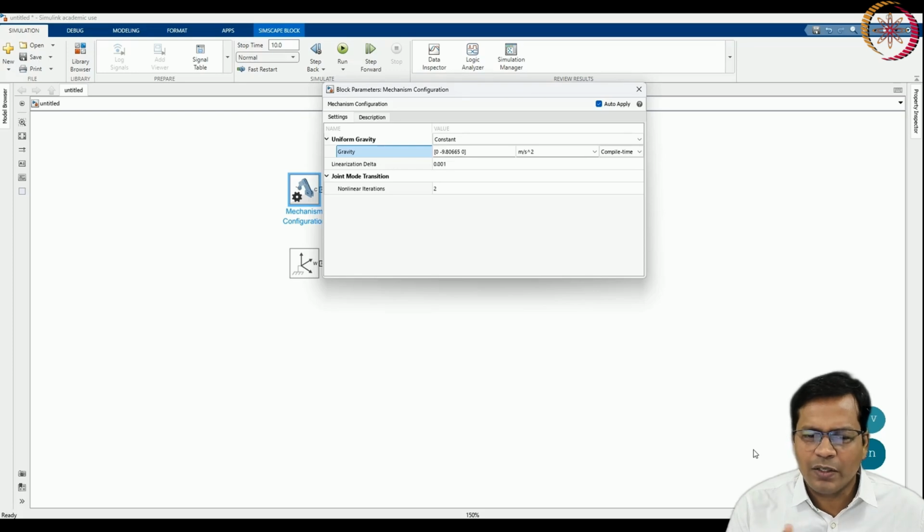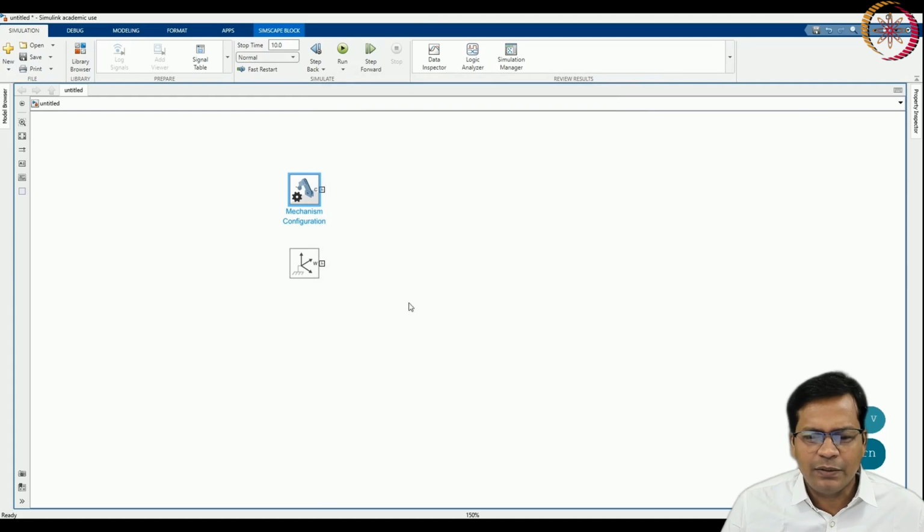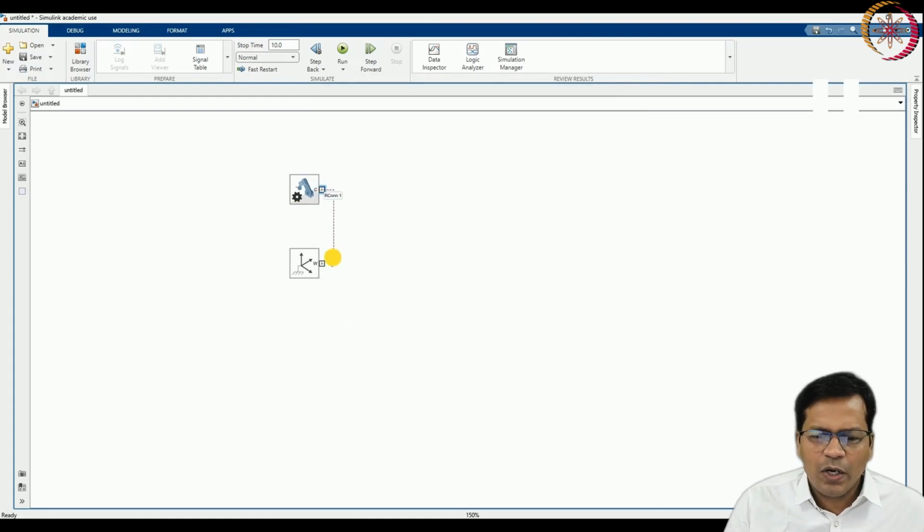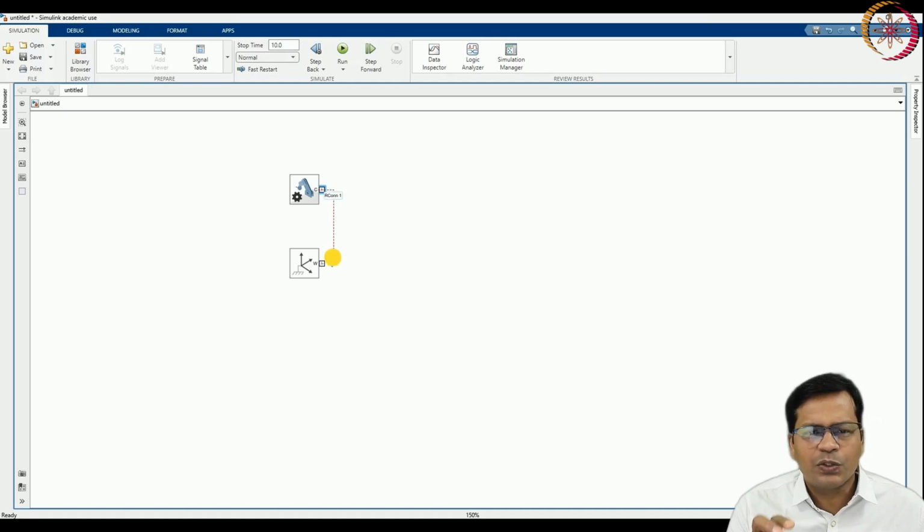That means along x you have acceleration due to gravity, that is 0, along y it is minus 9.8, and along z it is again 0. Okay, so this is the configuration that I have done. Okay, the world frame, basically the first block that I inserted, it basically tells you where is your 0 0 0 placed. Okay, so that block is shown here.